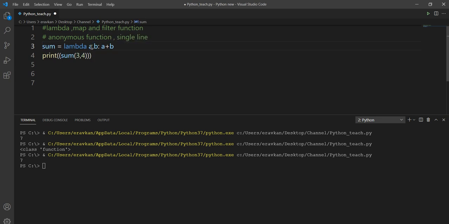So first lambda is the keyword, then what input parameters it will take and what it is going to return to you. No need of using the return keyword in your lambda function. We call it anonymous because it can have any name. We can assign it to any variable, and then this variable will become a function by using this name. Then we can call this function. Lambda functions are also called immediately invoked function expression.